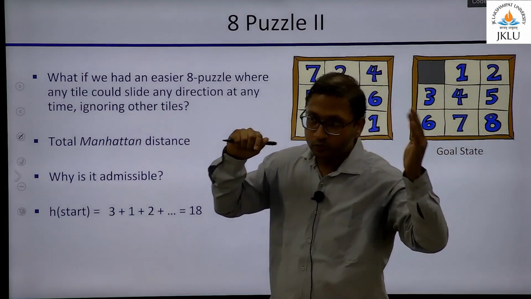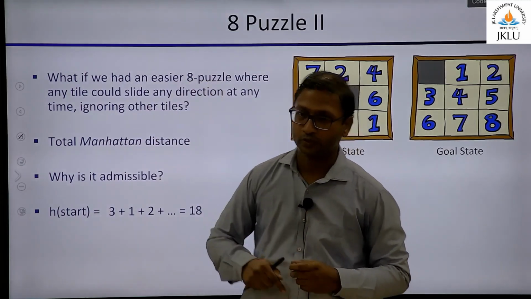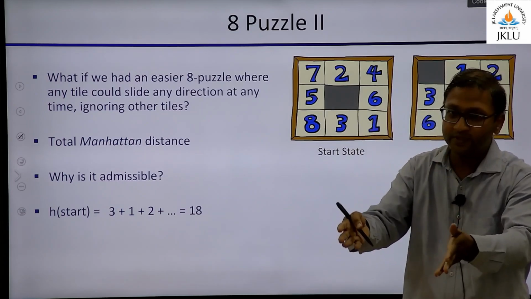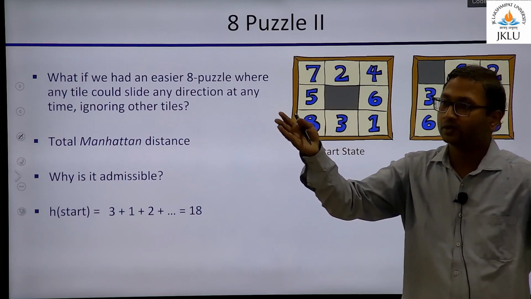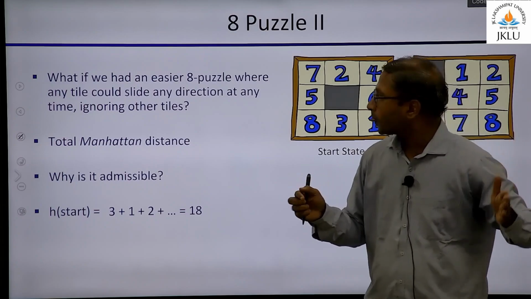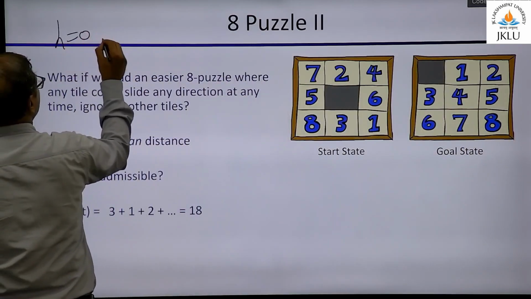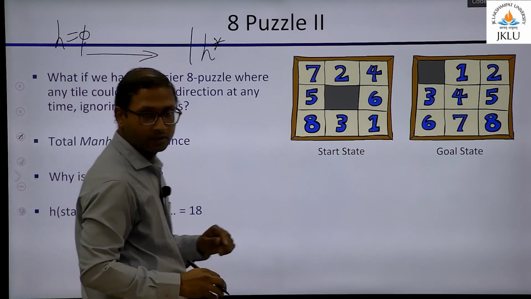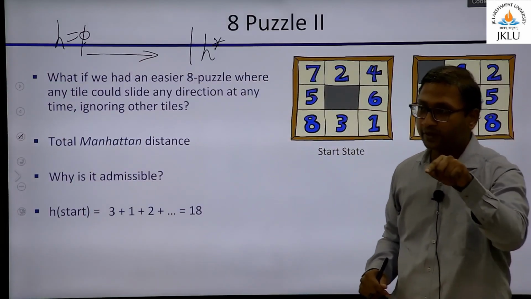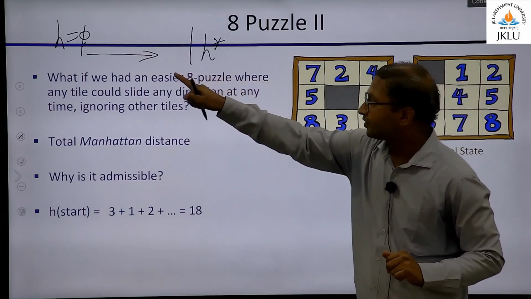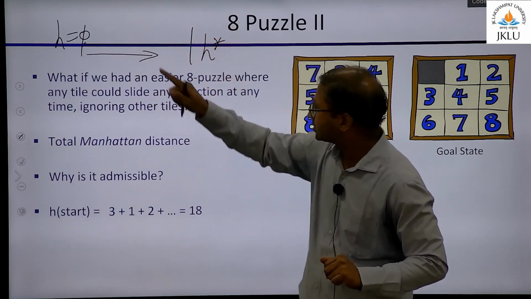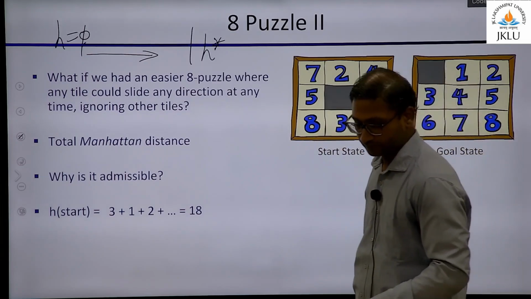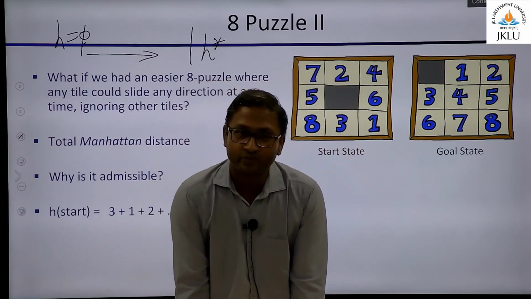Was the last version closer to 0 or is this one closer to 0? Remember, we said when H is 0, it is also admissible, but that is of no use because you are talking about UCS. So this was H equal to 0 and then H star. We said the more you move in this direction, the fewer nodes you will expand and the better your A star will be. Okay, this is not 5, it is 0. Which heuristic is better, the previous one or this one? Previous one? Why the previous one?